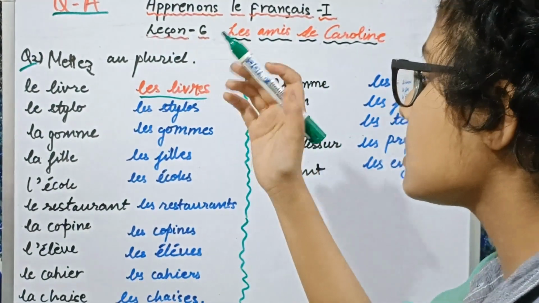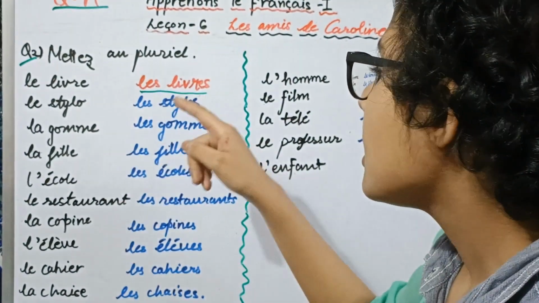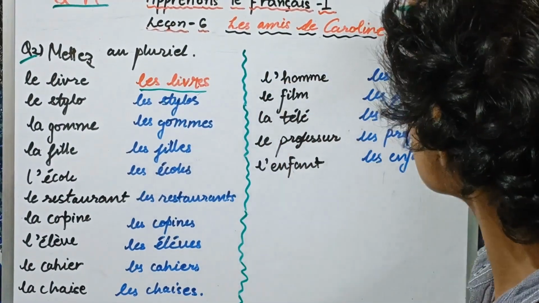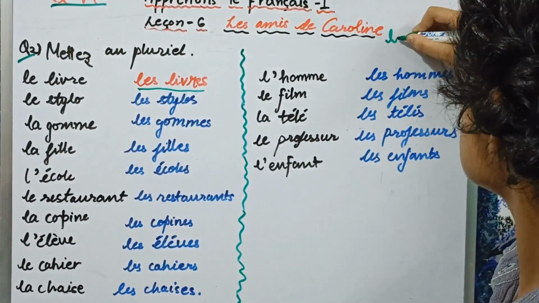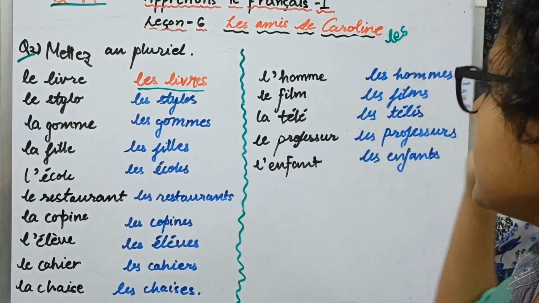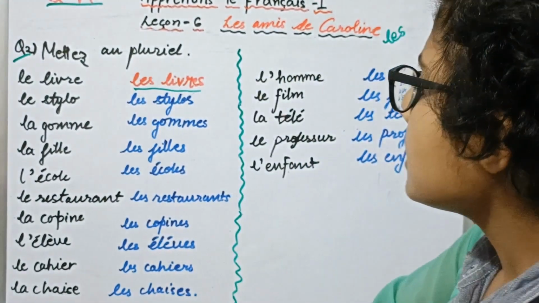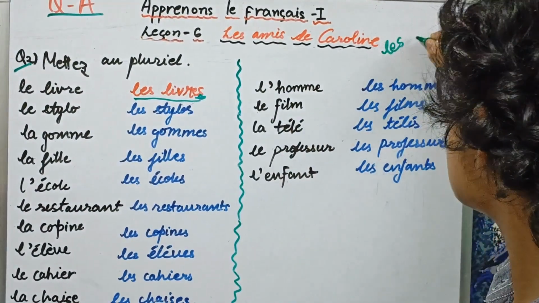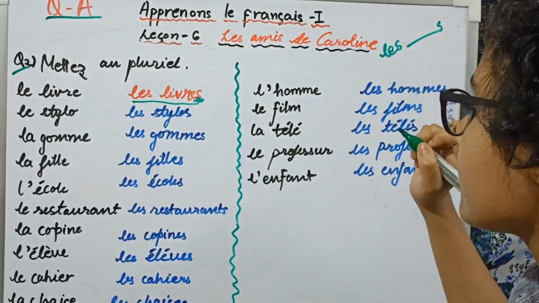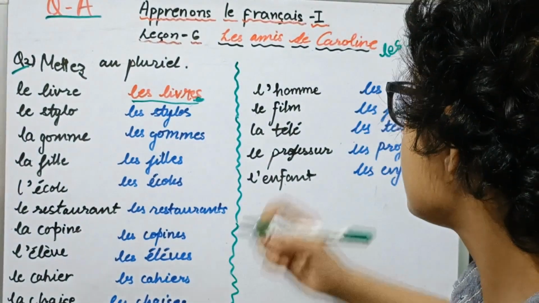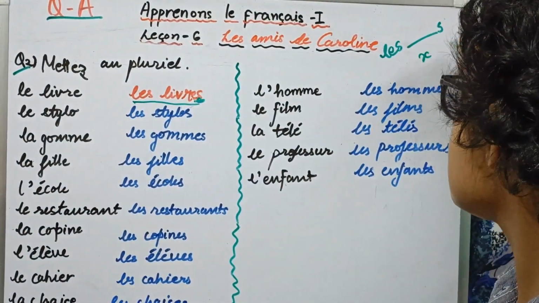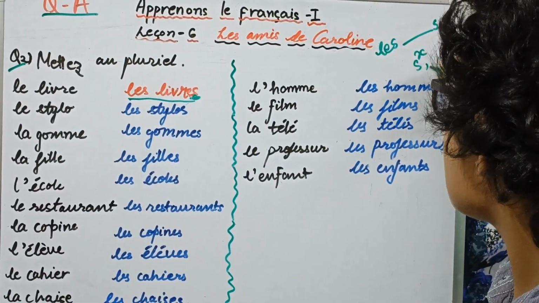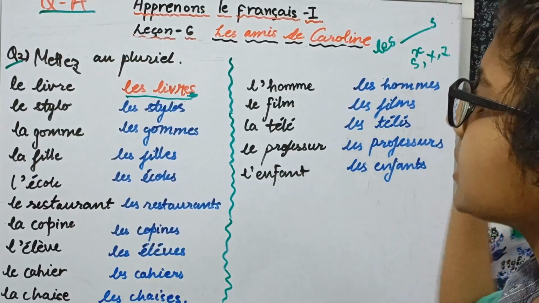So in almost all of the cases here, to make the plural form, we will obviously add les. The main guru mantra of this question is that we'll always add les in front of the words, and all the words given to us have s as their ending. So whatsoever the word, we'll add s. And there are also some words that take x as well, and there are some words that end in s, x, or z that do not change in the plural.